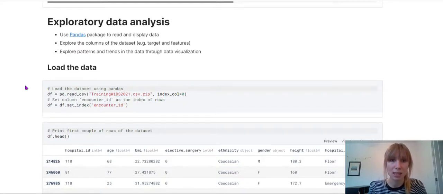Exploratory data analysis is perhaps one of the most important steps in the data science pipeline, and that is because exploratory data analysis allows you to explore the features in your data, identify any patterns that might be useful for your prediction task, and identify any problems in your dataset, like missing data that need to be fixed before applying